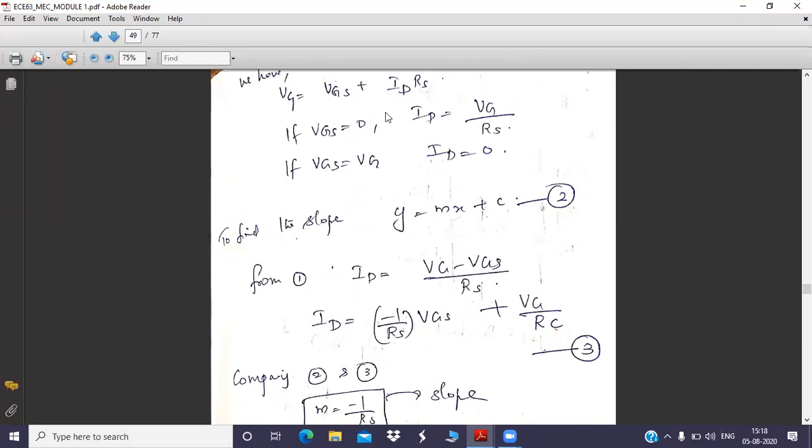Now I have this equation with me: VG equal to VGS plus IDRS. Now this equation I'm going to rewrite in the second format. This is the format we want, because only after writing the equation in this format will we get the exact slope of the line we have drawn as of now. Just now we have drawn one line. What is that line known as? Pranay, what is that line known as? Just now we drew one line connecting the points A and B. What is that line known as? Load line. Load line.